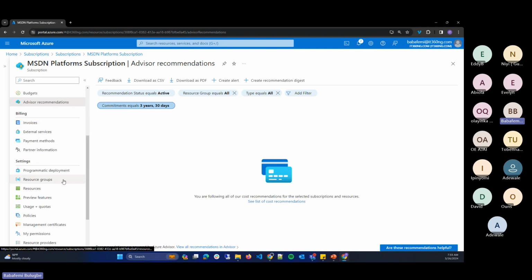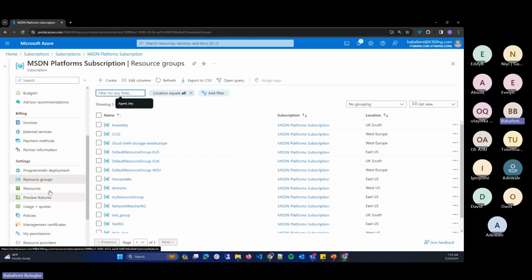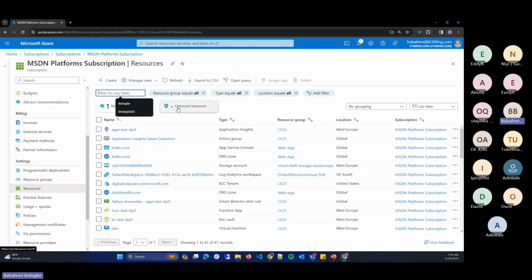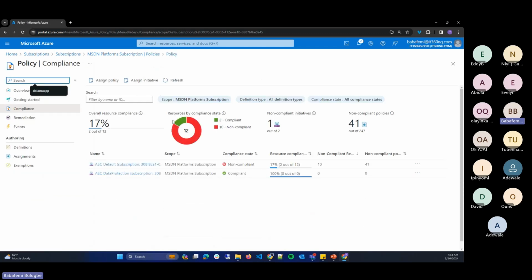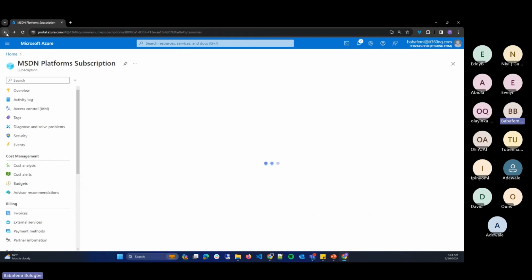On that blade also, you can see all the resource groups that you have created, and all the resources that exist within that particular resource group. You can see if any policy has been assigned on that subscription, and you can see those policies that have been created. So let's start by